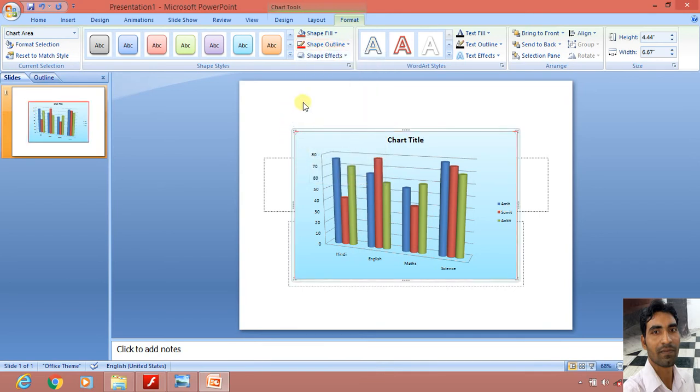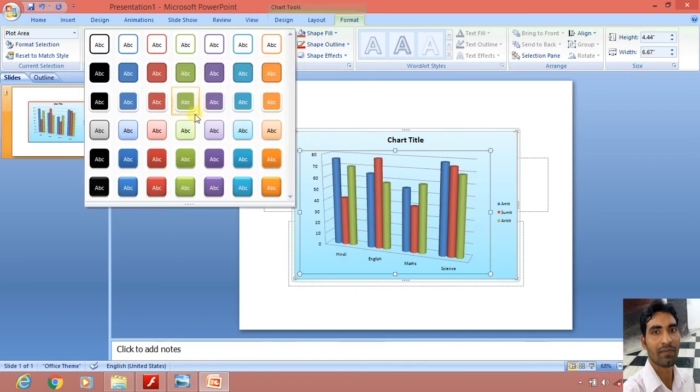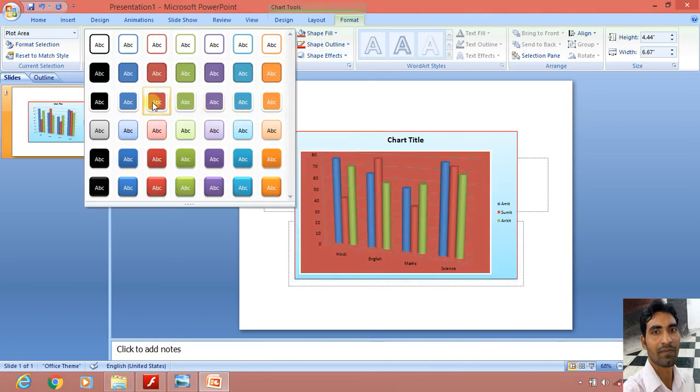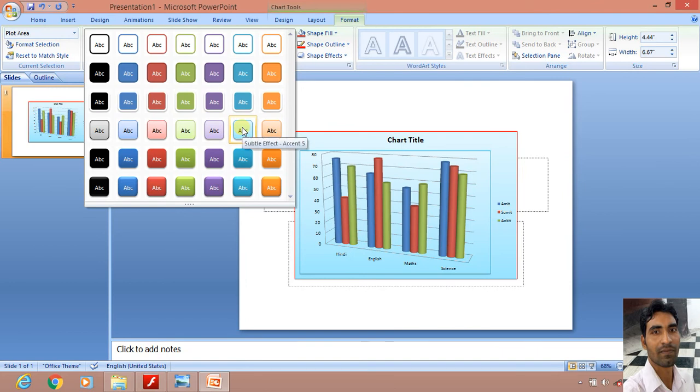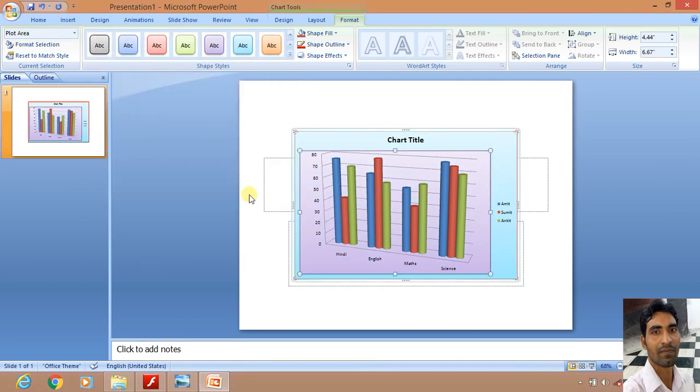So this way we can change. Further, any other line we want to change, like this one, plot area. So we can again click here Shape Styles and change the plot area also. We can have any color in the plot area also. So now you can see the plot area.